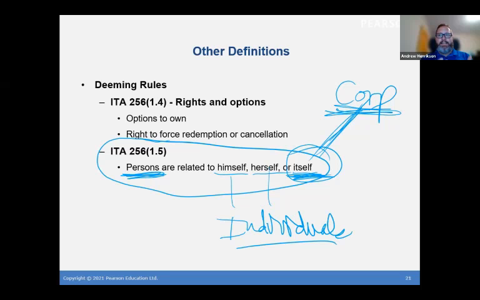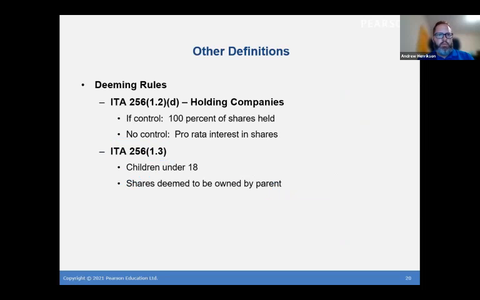And a corporation is a legal person. So they count as a person under the law. A corporation can go engage in a contract, carry on business, yada, yada. It just so happens that they are controlled or owned by actual individuals, human beings. So this is just a funny little thing, but it can matter when you're breaking it down. You are related to yourself. So that's just a weird little rule there.